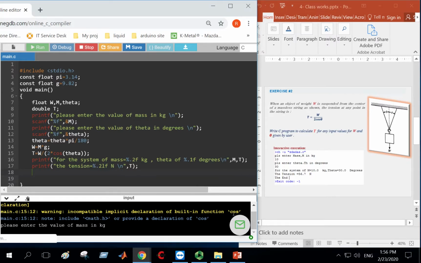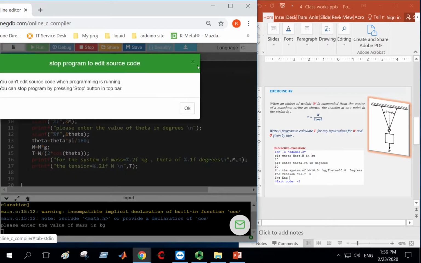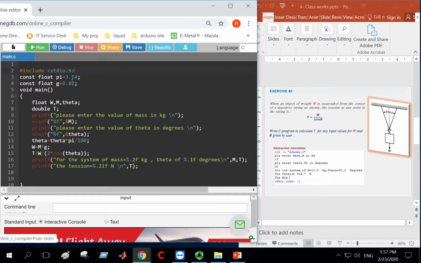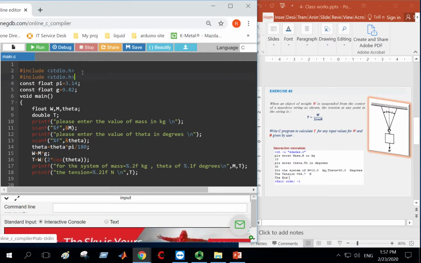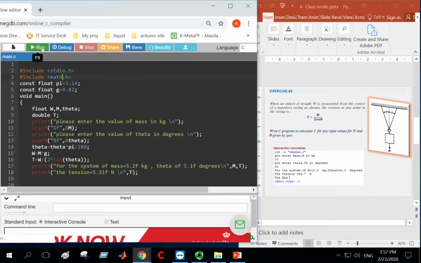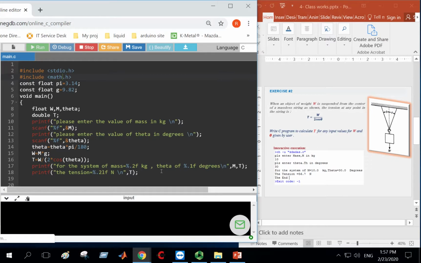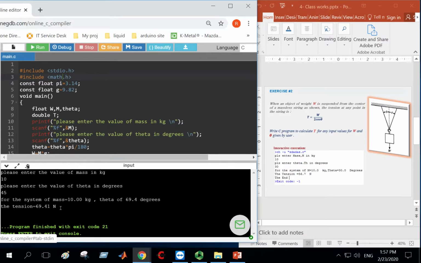Now regarding the cosine, it's a mathematical function, so we have to include the library of math.h. Now we have to stop first. We go back to here again, Control V, and change stdio to math. Okay, run the program now. Please enter the value of mass, say 10 kilogram. Please enter the value of theta, say 45 degrees. We will get a correct answer for tension, but